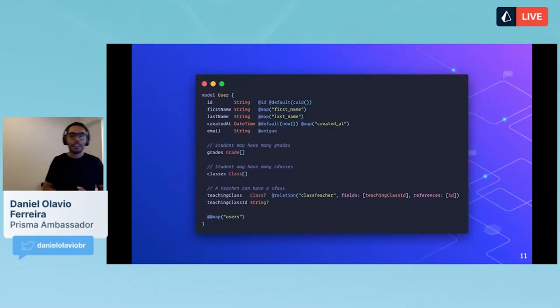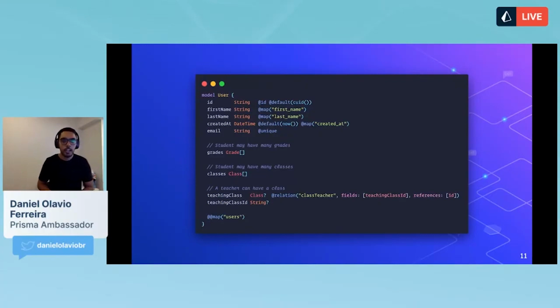And then we have the teaching class. You're going to see this is a little bit different from the other ones, because we have to define a few other things. Since we're making a relation with a table that we already made a relation with, that is classes, we have to create this relation decorator with a little bit more information so that Prisma can better understand how it's going to be working with that relation. It's nothing major. I create a name for my relation. I give the fields that it's going to be using in my model to find its unique ID, and the reference in the class in the other table.